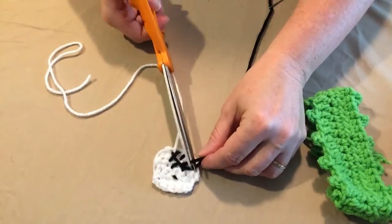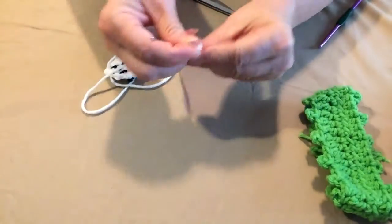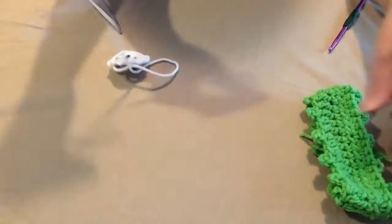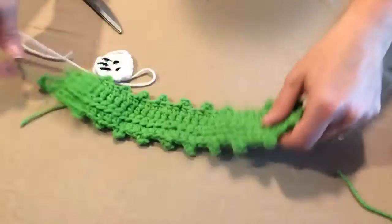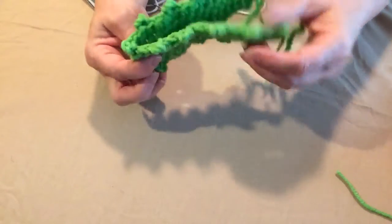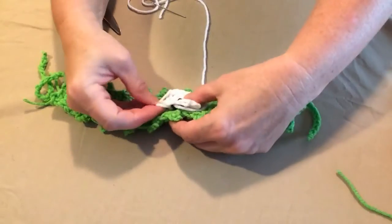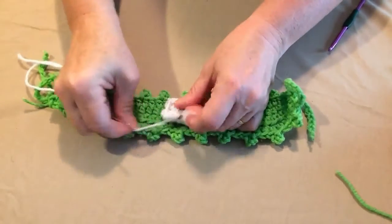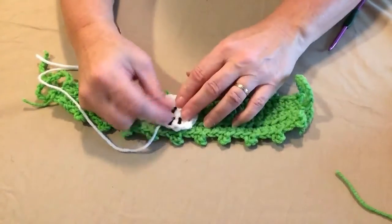All right, we're going to cut off those strings, and now we're going to put this white thread onto our needle. Let me untie this, make it easier for us to sew. And what I do to find the center, I just go like this, fold it in half, find the center like that. If you want to measure and make it perfect, you certainly can. Okay, now to sew on our skull,